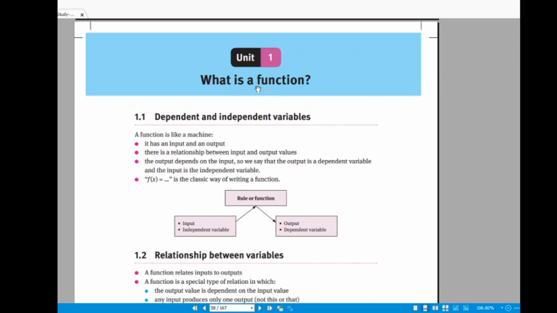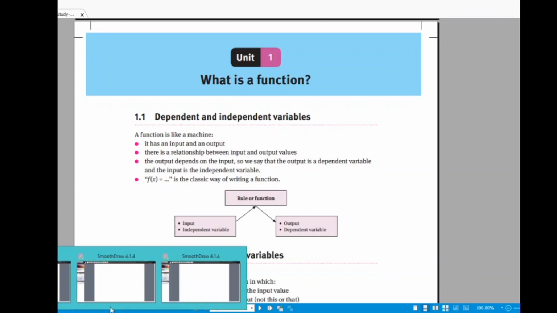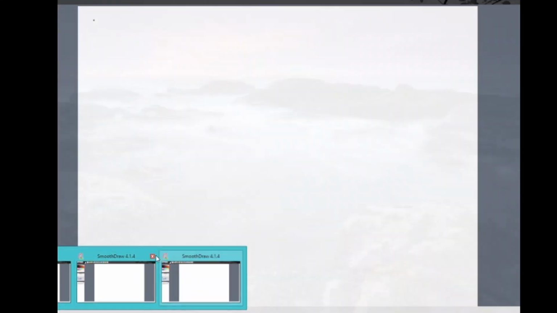So here we begin by trying to answer the question of what a function is, right? So when we're talking about a function, you can think of a function as a machine or a system where you have inputs and outputs, right? In order for you to get an output, you have to give an input into that function, right? So an example of a function is